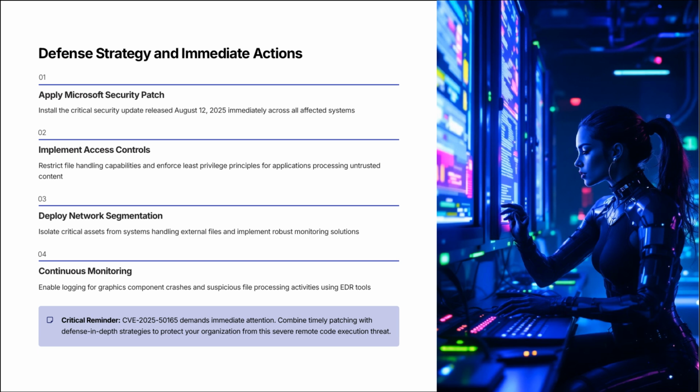Our fourth action point revolves around continuous monitoring. This includes enabling logging for graphics component crashes and suspicious file processing activities. For this, we can utilize endpoint detection and response (EDR) tools. Lastly, a critical reminder for everyone: CVE-2025-50165 demands immediate attention. By combining timely patching with defense-in-depth strategies, we can protect our organization from this severe remote code execution threat. The steps outlined on this slide provide a robust defense strategy to counteract the risks associated with the vulnerabilities discussed earlier. By implementing these actions